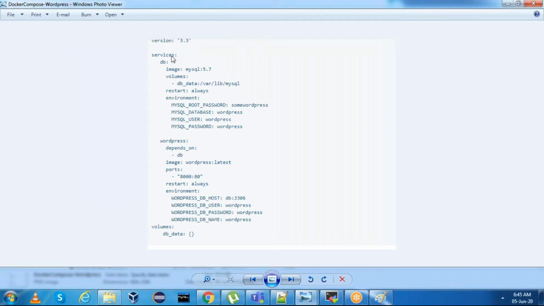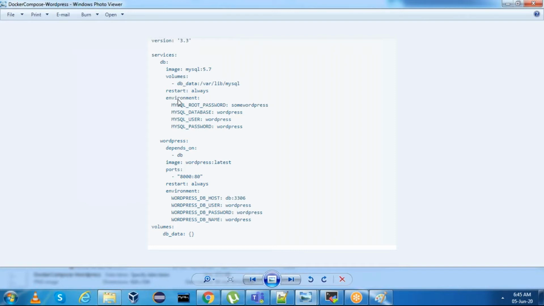Inside services, for WordPress, I need a database. That is the reason I have taken the service name DB. And this service has image MySQL:5.7 and volumes db_data, so that even if we restart the container, we will not lose MySQL data. That is the reason we are using volumes.